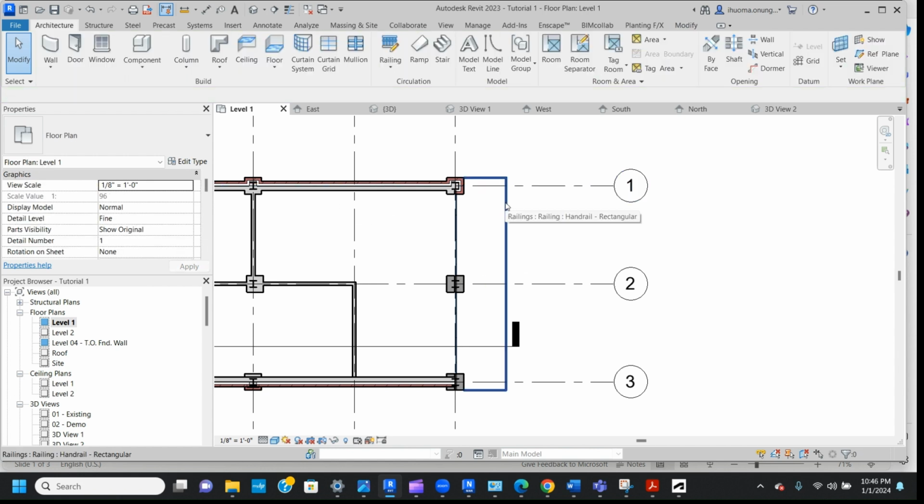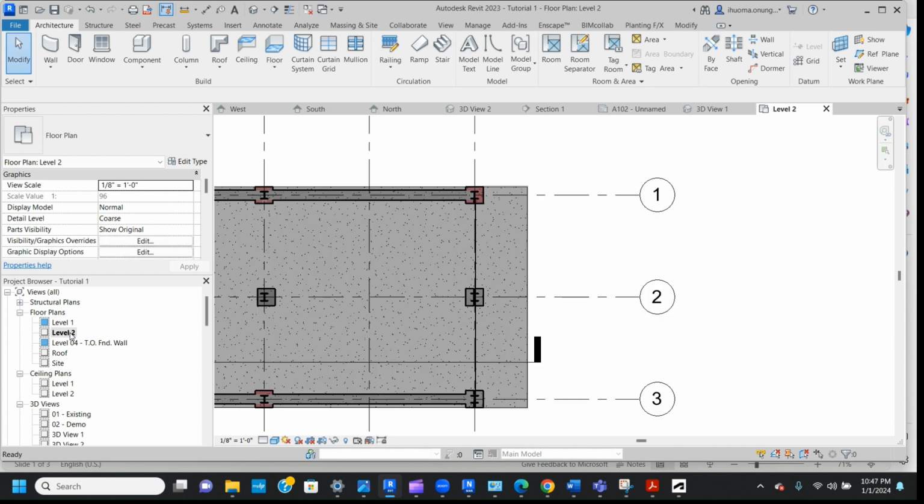So I'm gonna add railings. So let's see what happened. This is level two. So I had added on level one. Let me add on level two now. So you go to architecture and you go to railing,